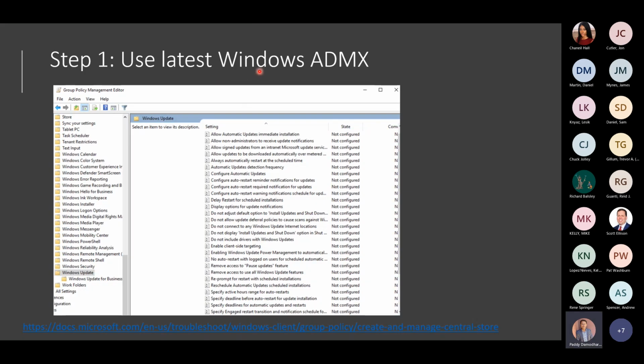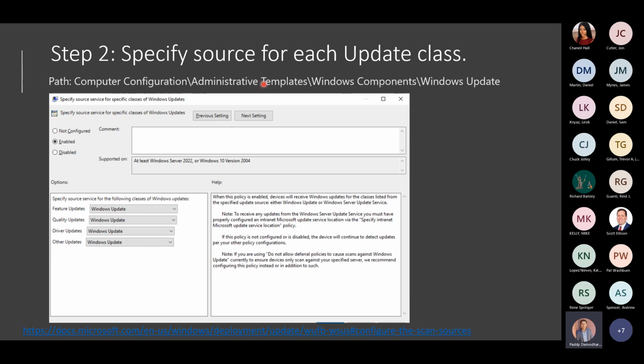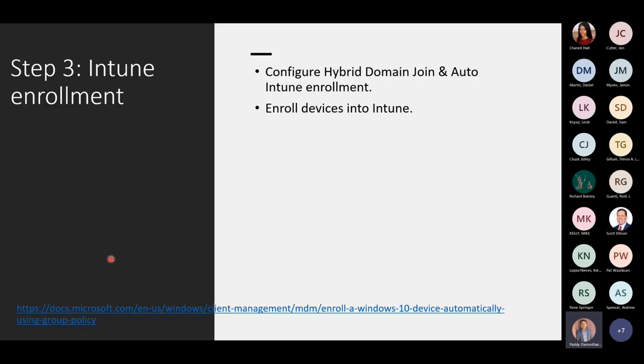Once again, you'll have to install the latest ADMX template so that you get the latest policies, and one of them is the policy where you choose the source. Once you choose the update source, if you have not already configured Intune and auto enrollment, you'll have to complete the configuration for hybrid domain join and auto Intune enrollment. And once you do that, you'll enroll your devices, and we have put the link here giving you more information